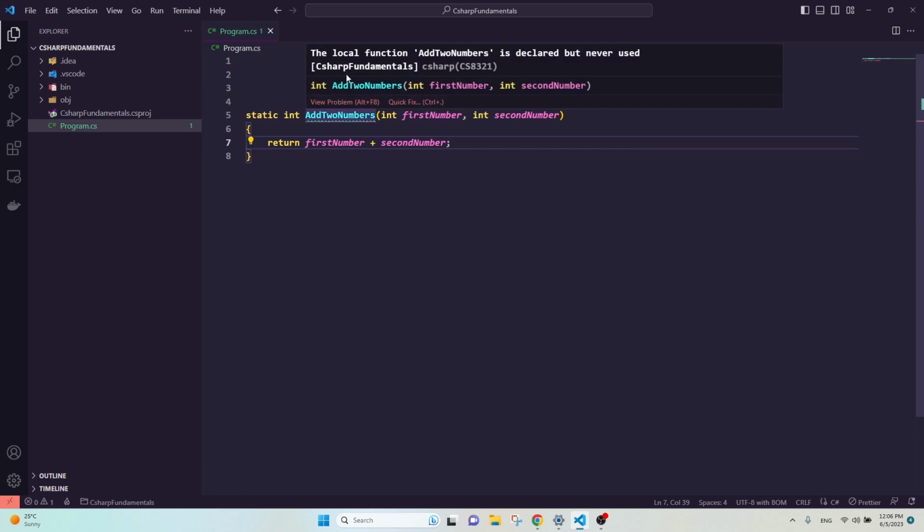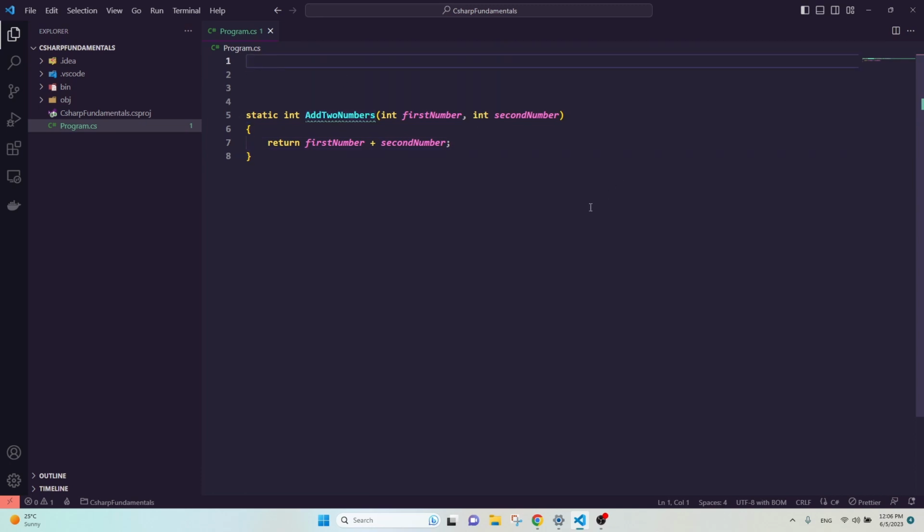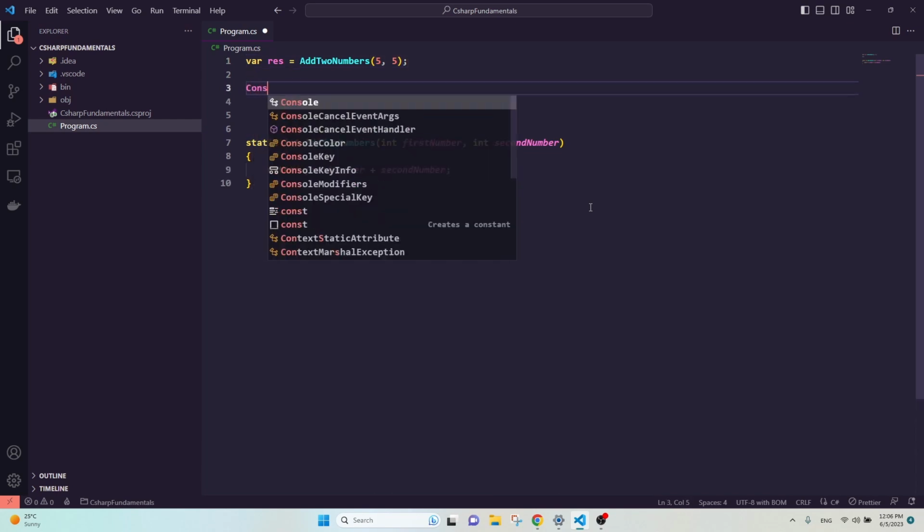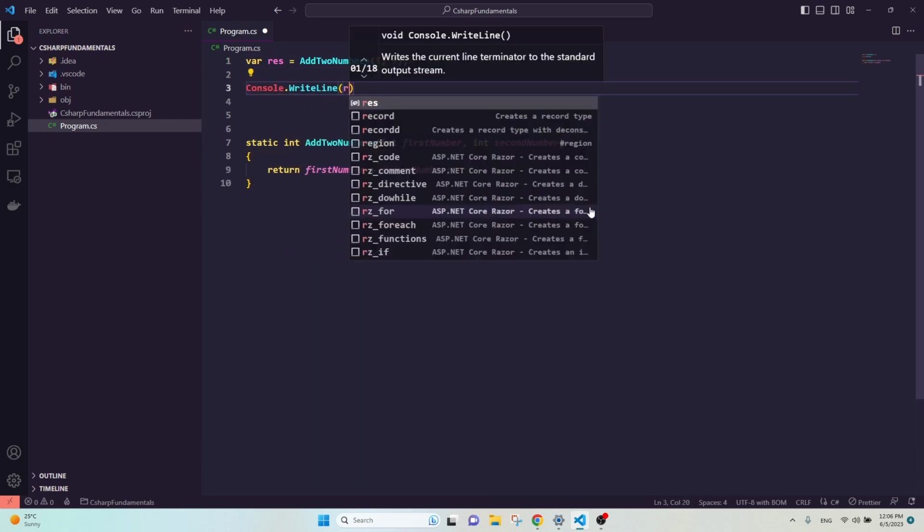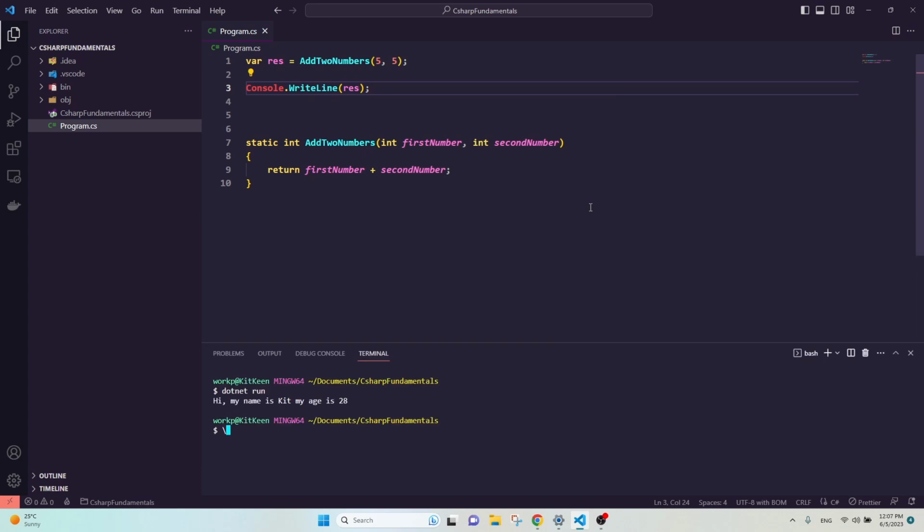So that's a static function. We don't need to instantiate an object in order to call this function. So we write AddTwoNumbers, and as the first number, let's do 5. And as the second argument, we pass 2. And we assign it to the variable res in order to output it on the console. We do res, and then we do